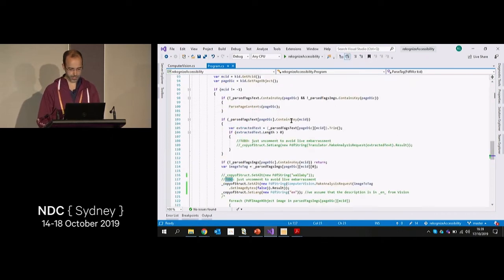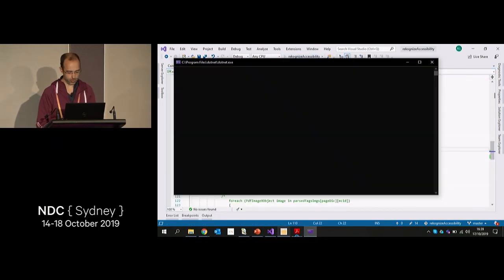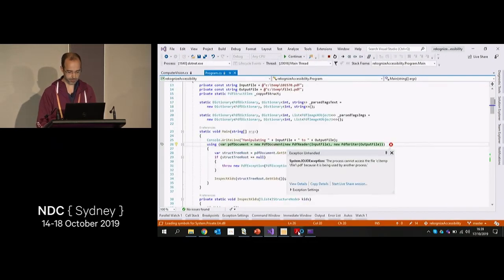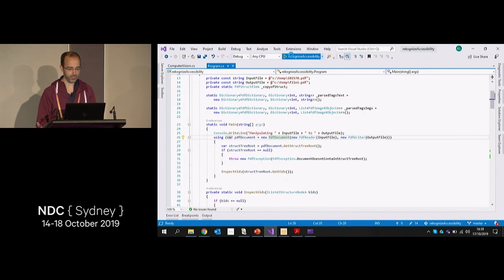In a similar way, using Microsoft's services, I go through the text and check the language that is used. Oh, it will fail because the file is open. Learn something every day. Let's just restart.